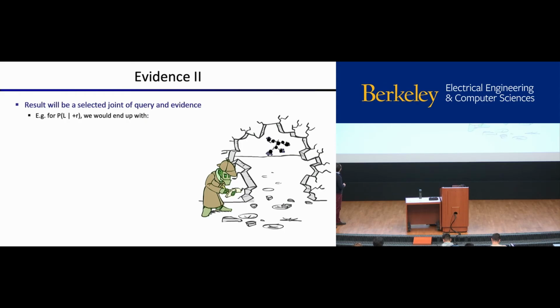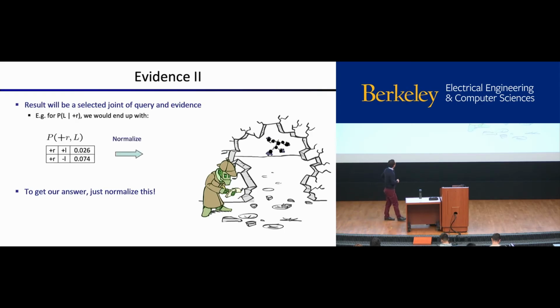Right? So P of L, given that it's raining, this is how often am I late for class given that it's raining, we end up with these factors. These are the ones over plus L. And we just normalize this in order to get our answer, right? So we normalize that, and now we have a quarter likelihood that I'm late for class. That's it. It's really simple. So there's just this one extra step where we normalize at the end because we've selected some different pieces of the evidence in the first place. Okay? Yes?